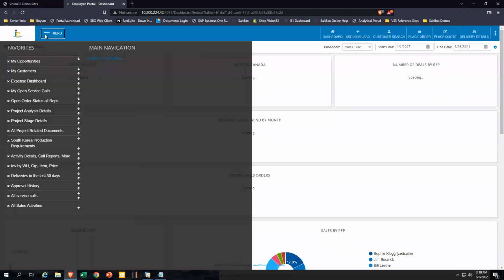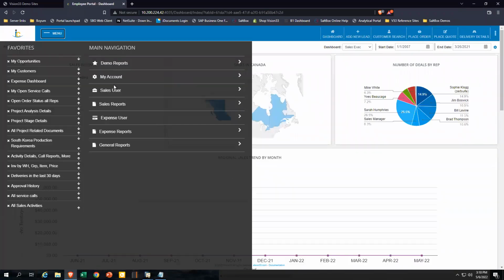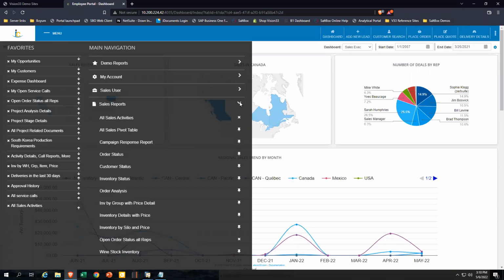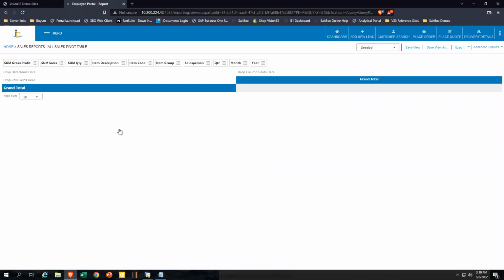And here we'll bring up the menu. And you can see here's that navigation, demo report, sales user, sales reports. Let's open up sales reports. And there is our new report, all sales pivot table. So let's open it up. Now, the first time you open up this pivot table, it's going to be empty, right? And it's going to let you